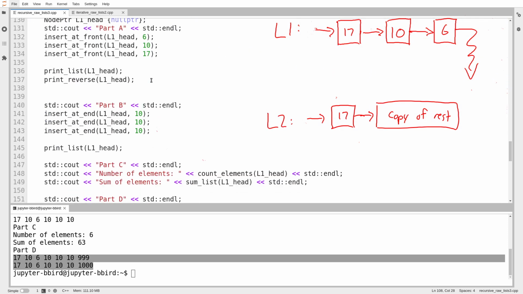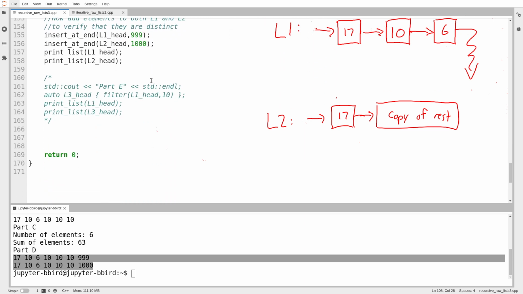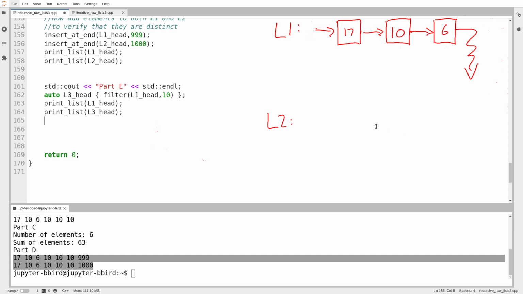So let's move on and talk about the filter function. If we didn't already have a headache writing the copy function iteratively, the filter function certainly gave us one. So I'm also going to clean up my diagram a little bit here. So I want to write the filter function, and recall that the goal of the filter function is we take a list and we take some element. We are now going to make a copy of the list that was provided with all copies of that element